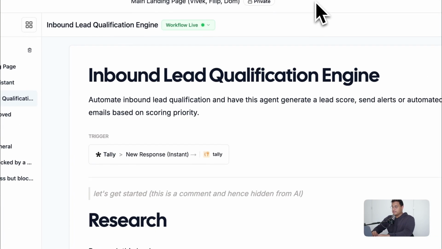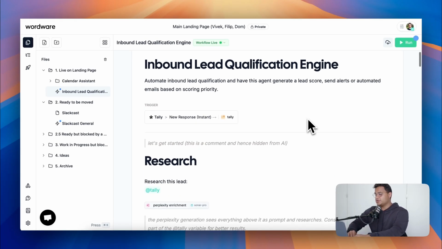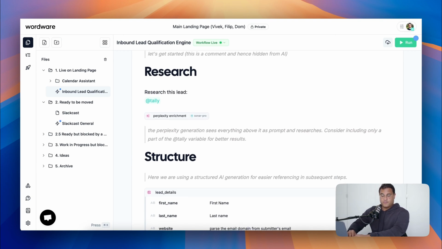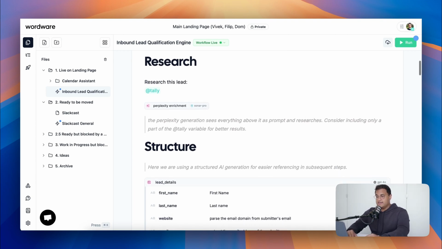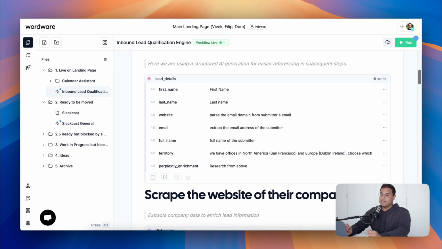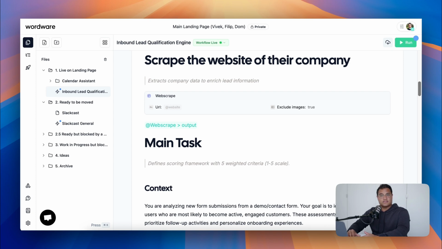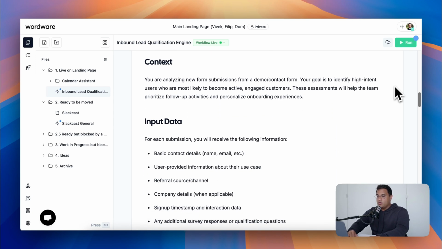So starting with the inbound lead qualification engine, this engine basically takes in an input from Tally, which is our form service that we use to collect inbound demo information. It does research on the user who input their information into the form, and it completely researches that person using Perplexity and takes all of those details of that lead and puts them into a structured format using structured generation where we're actually using GPT-4. Now that we have all the information in the format that we need, we'll scrape the website of the company that the person is a part of, and we will feed all of that into another model to help